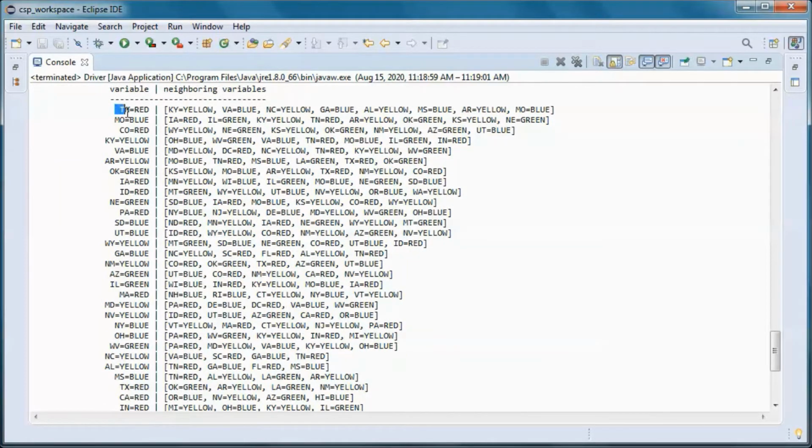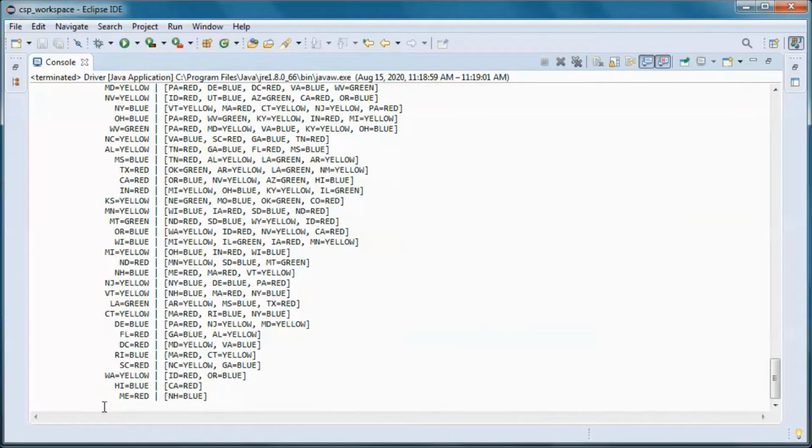So this state has this color, and its neighboring states have different colors from this one. And same for this one, its neighboring states have different colors, etc. Till we get here, it has a different color from its neighboring states.